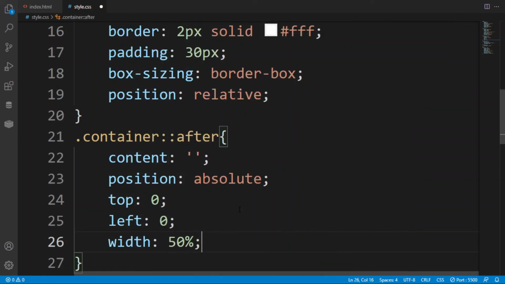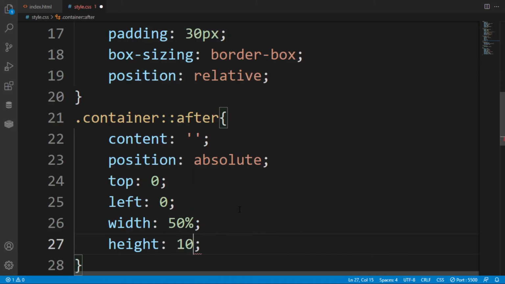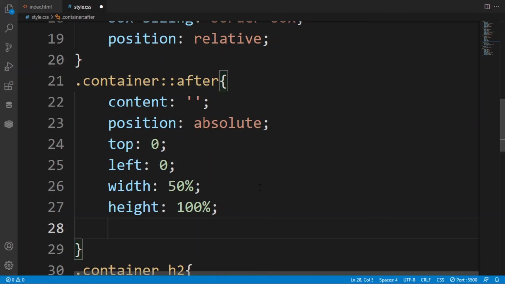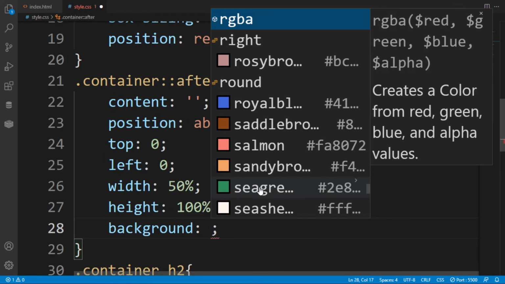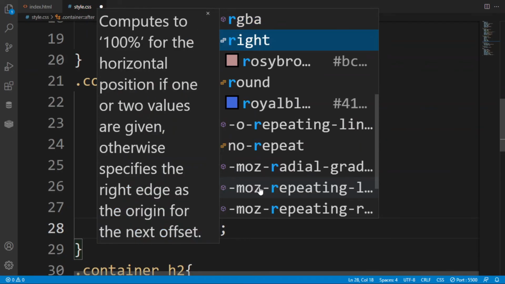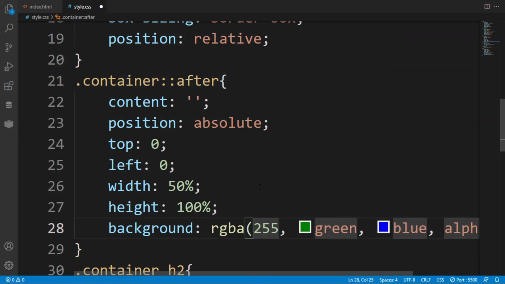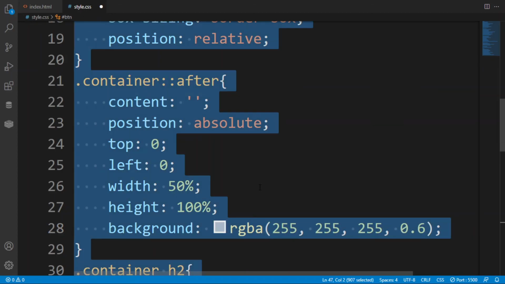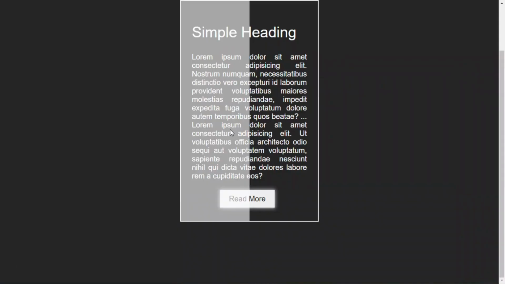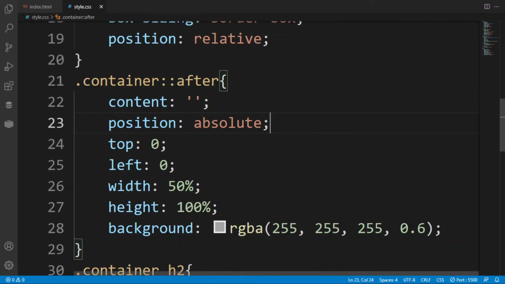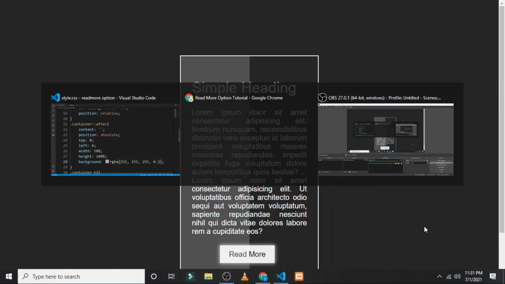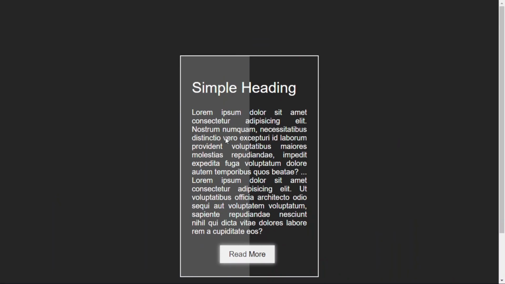We are going to create a glass effect. Here height will be 100%. After saving it, now giving the background of RGBA, because RGBA is important. If you use an ordinary color or opacity one, then it will hide the content of your card. So you have to put the opacity. Here I have decreased the opacity to 0.2 and it is looking nice.